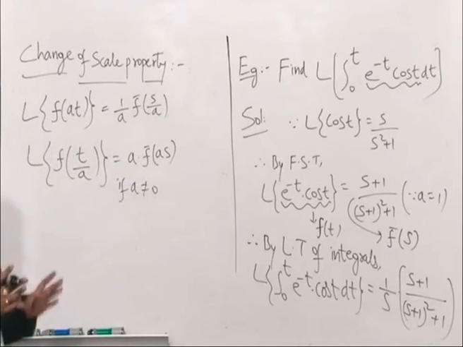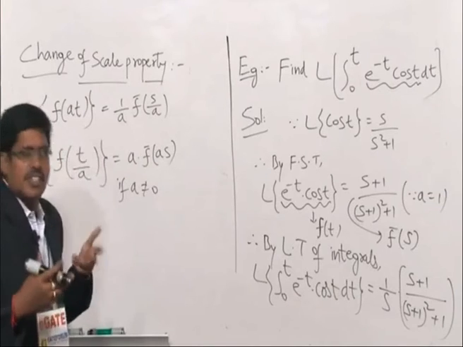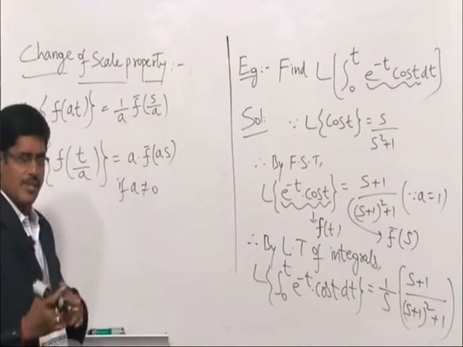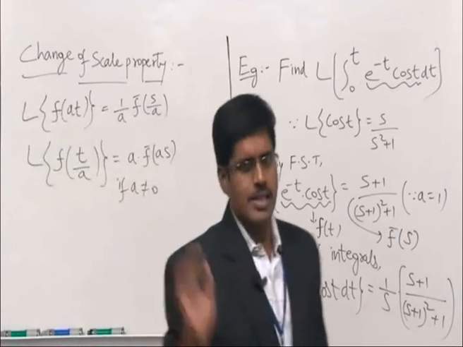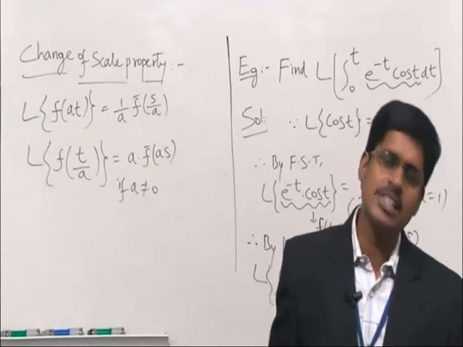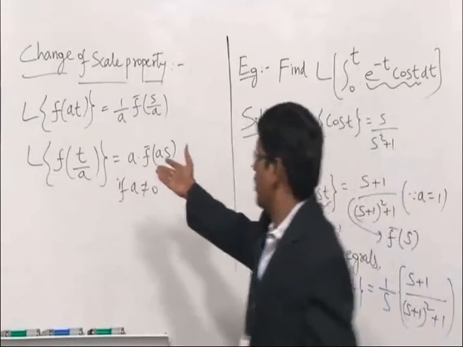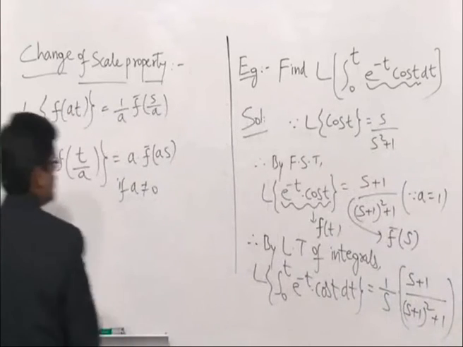Suppose L of some t term is given whose value is f bar s. Now in that t term, if it is replaced by 2t, 3t, the problem is given like that. Suppose L of sin t by t is given. Now the question requires L of sin 2t by 2t like that. That is, t is replaced by a into t, or t is replaced by t by a. In inverse,